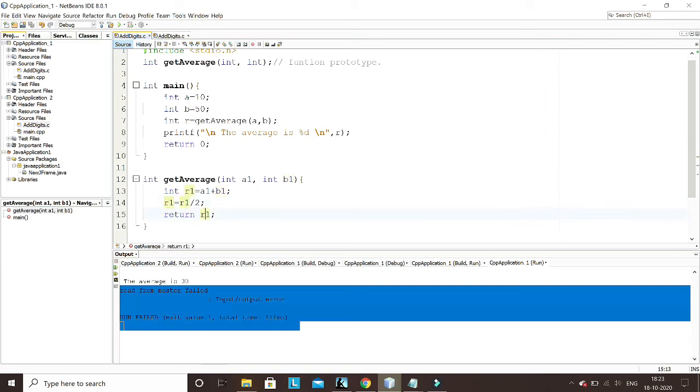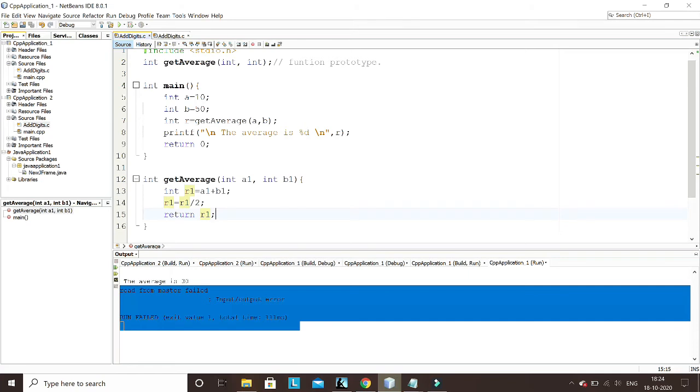And this line is very, very important, and maybe from here you will understand why we write return 0 in main, but I have not explained that yet. The moment you write return r1, when your function returns, I have already explained that whenever a function is returning, it returns to the next line. But actually it is not exactly the next line, it returns to the same line from where you called.